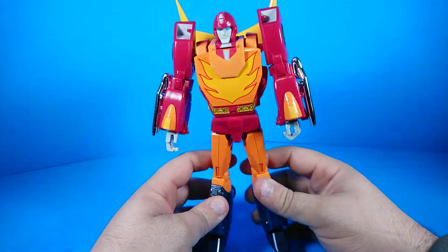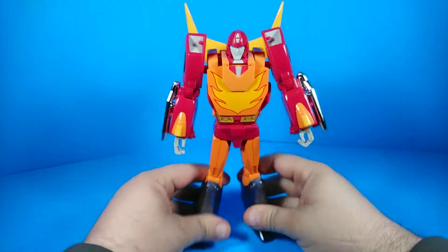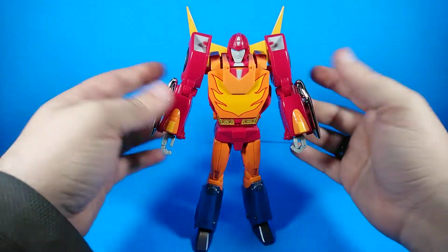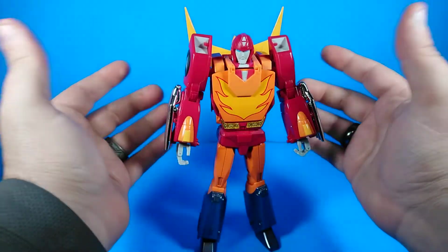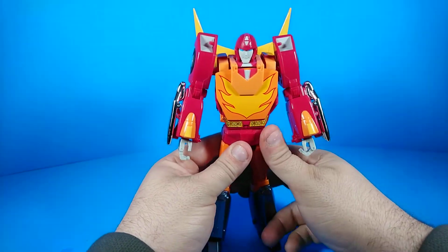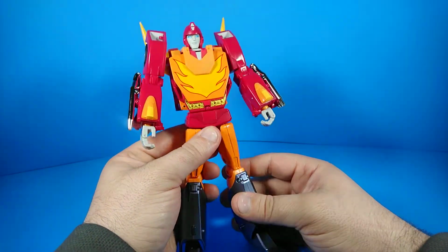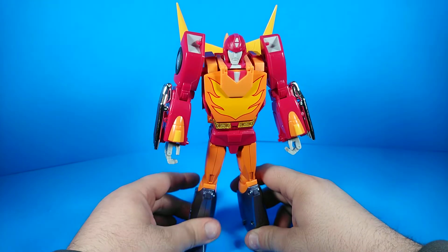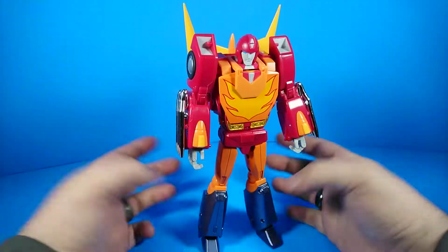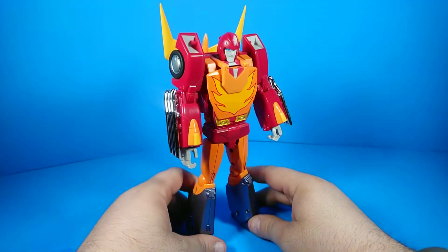And I don't know how much posability you really need for a figure that, let's be honest, everybody's just going to put him in robot mode, stick him on the shelf with some other Transformers and never really mess with him. Fanstoys, they make a good display figure, and that's what this really is. It is a display figure, so I don't know that it necessarily needs super high articulation and whatnot. Though if we're labeling them just arbitrarily as display figures, he doesn't even technically need to have an alt mode, so I don't know. But